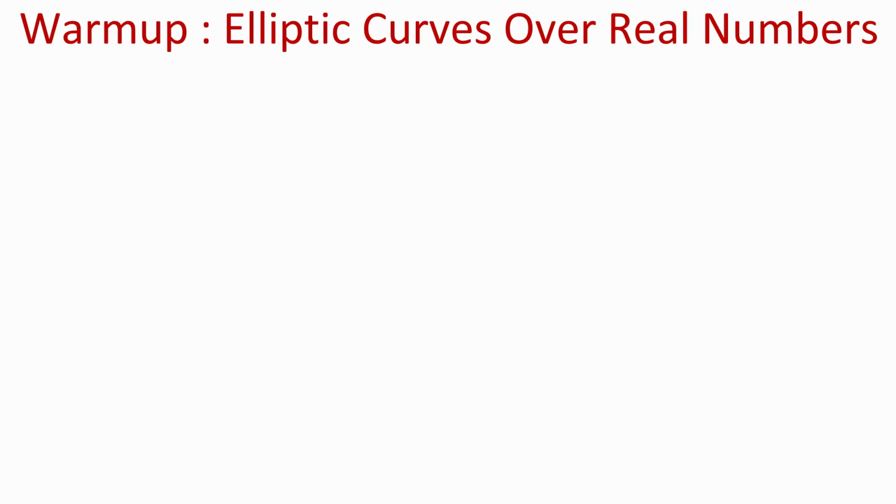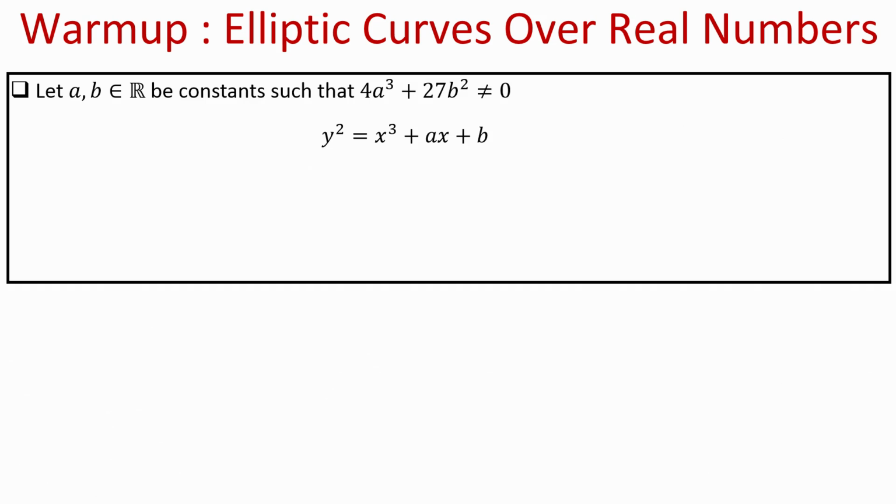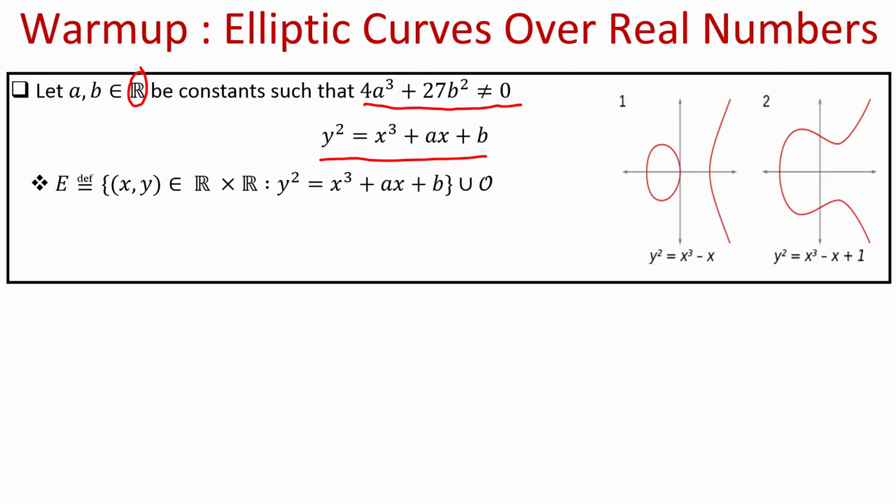Before going into the exact elliptic curve based cyclic groups that we are going to use for cryptographic purposes, let us do a warm up and see how elliptic curves over the real numbers look like. So, let R be the set of real numbers and let A and B be two publicly known real constants such that 4 times A cube plus 27 times B square is not 0. The reason for this constraint will be clear soon. And imagine we have such constants A and B, and consider this equation in x and y: y square equal to x cube plus ax plus b.